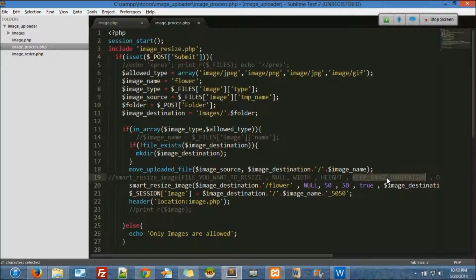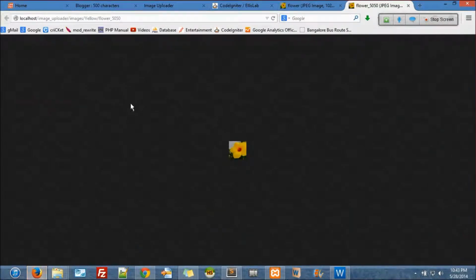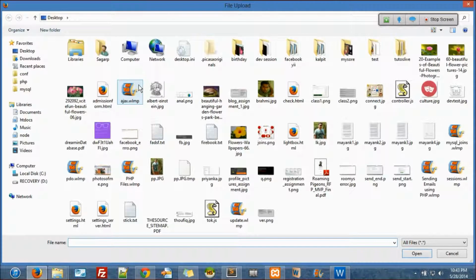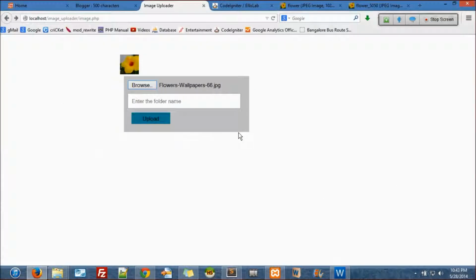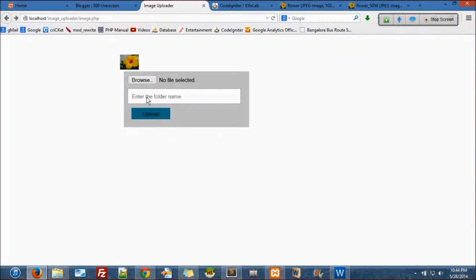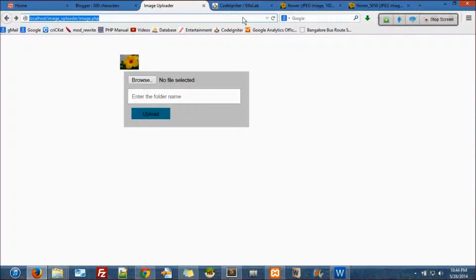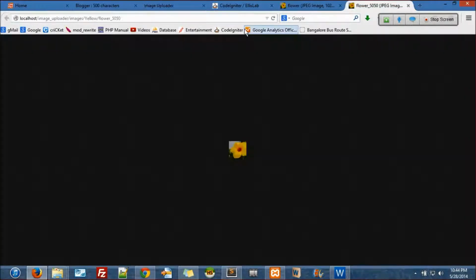So don't crop it. That's what I'm telling it. Though there is an image, let's try to upload the same image again to the same folder. I'll say browse this. Okay, to see a difference, I'm going to change it. I'll say blue, something like that. Now you see that. I'll just type it here, the same file.